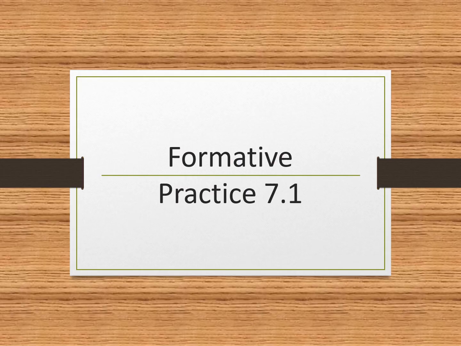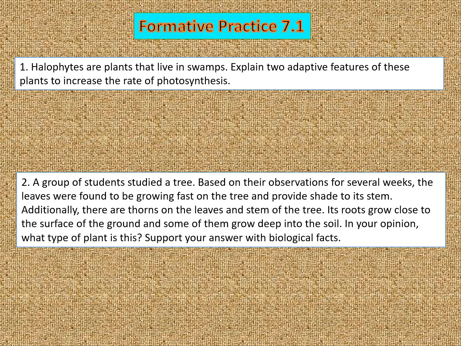Formative practice 7.1. Here are the questions. Question number 1. Heterophytes are plants that live in swamps. Explain the adaptive features of these plants to increase the rate of photosynthesis. The answer is